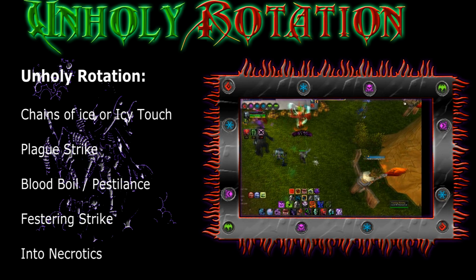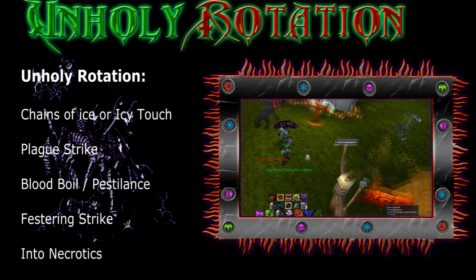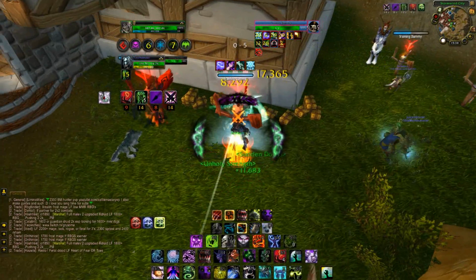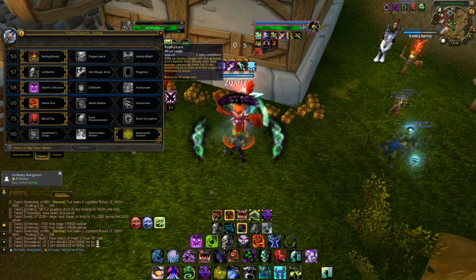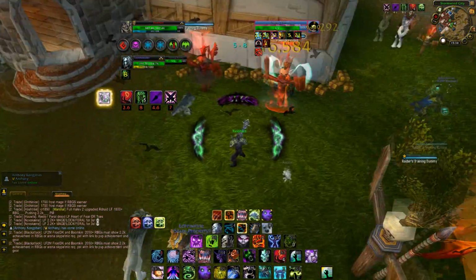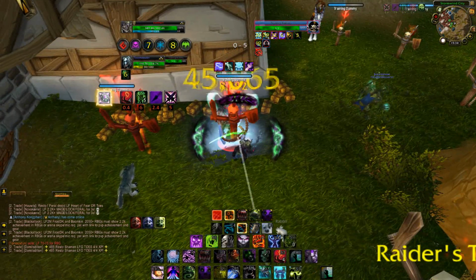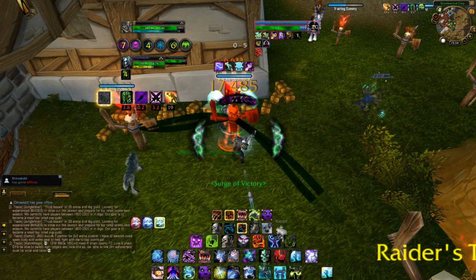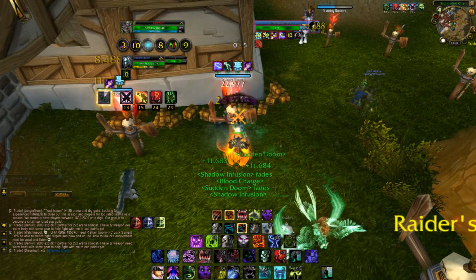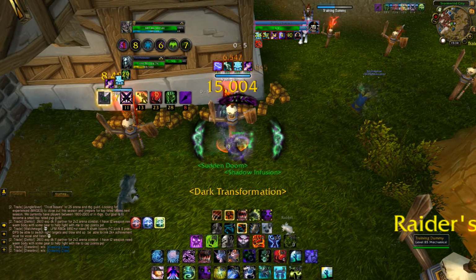Okay, so let's talk about Unholy rotation really quickly. So the basic start rotation is actually very simple. You start off with Chains of Ice on a target into a Plague Strike. If you are spec'd into Chillblains and Icy Touch Offensive Dispel, you can start with the Icy Touch. Anyway, so Chains of Ice into a Plague Strike, into a Blood Boil because you want to start spreading those diseases ASAP, into a Festering Strike, into another, I would say either Scourge Strike or Death and Decay, and then